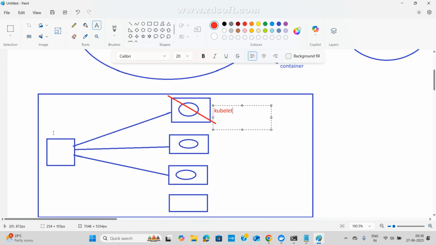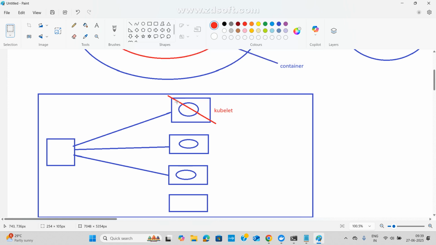Scheduler. The controller will feel, oh, one is down, right? What shall I do? Either I need to recreate it or, according to our scenario, it won't recreate; it will take this. Whenever it feels it is failing,